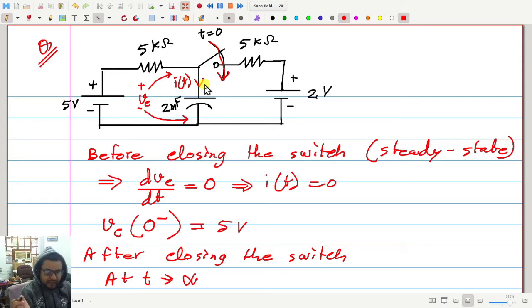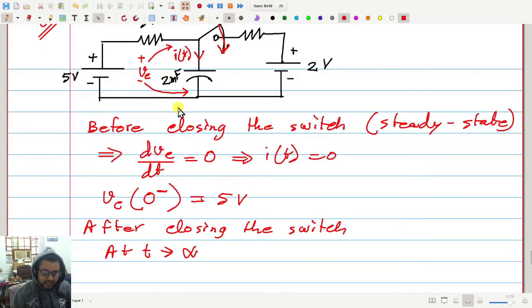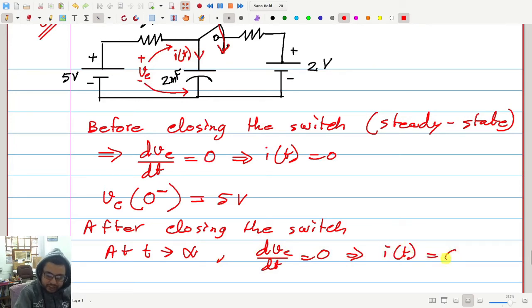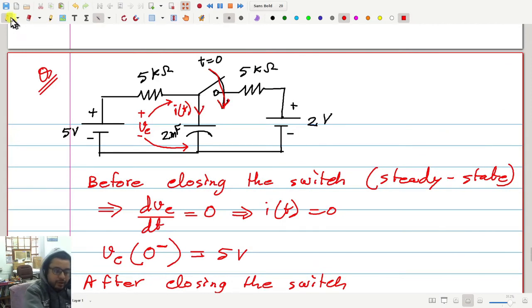Okay, and what will be the final voltage across this capacitor? 3 volt. The final 3.5 volt. Sir, 3.5 volt. The final voltage will, so okay, so let me calculate. But again we can say that at a very large value of time, the derivative of this voltage dVc/dt will be equal to 0. That means this current here, IT, will become 0, which implies, let me copy this circuit.